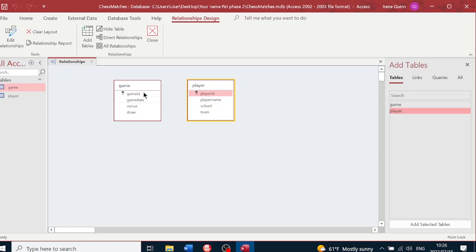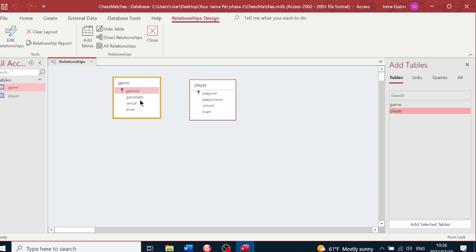When your story says 1 game is going to be played by many players, so on that date you'll have many players playing, and then one player will only play one game. This game ID is going to be per date. There's going to be a date and a venue. Each game is going, if you think of this table here, if we try and fill in the data here in the table,